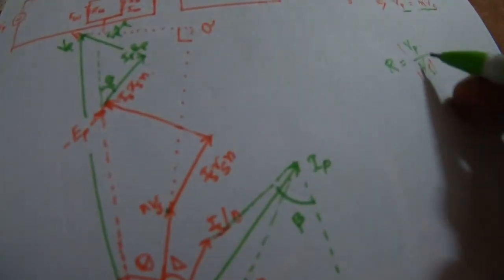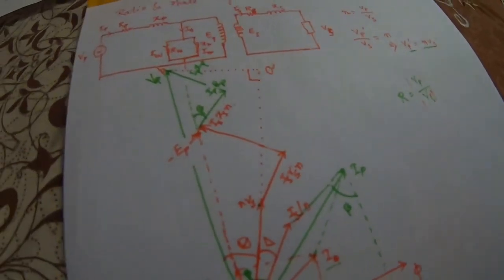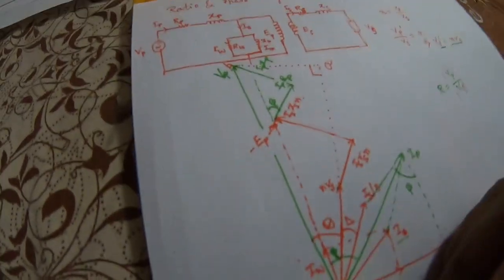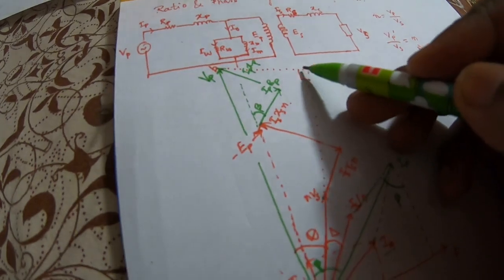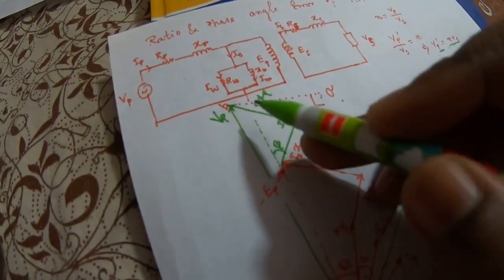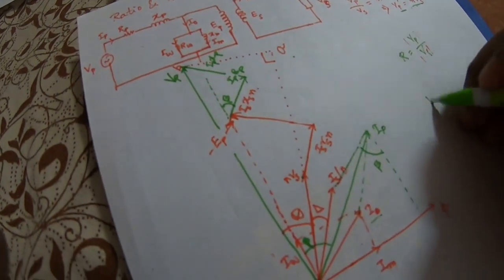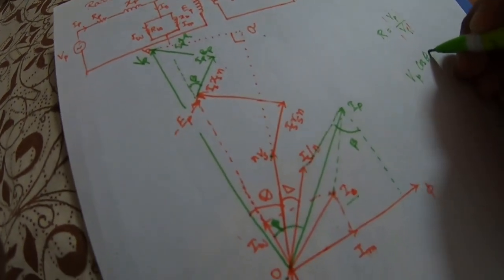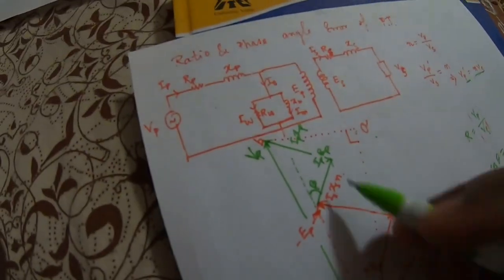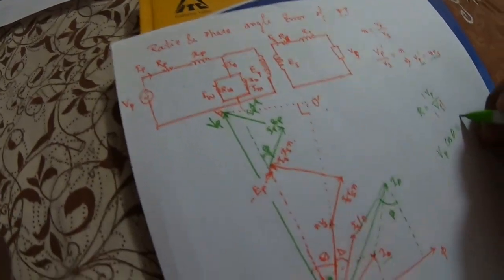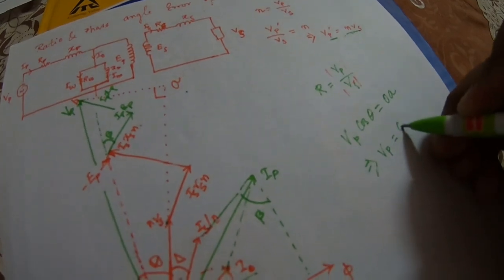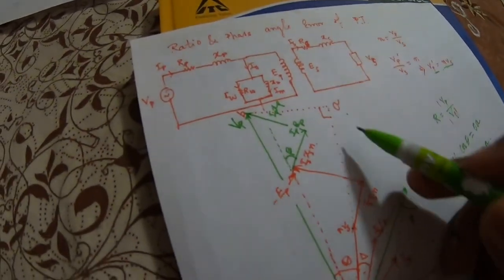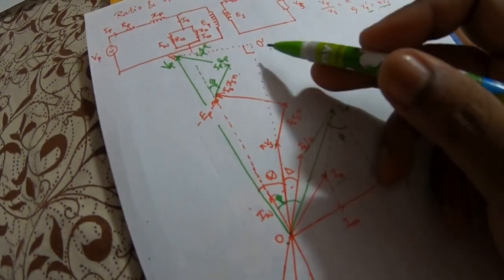So now the objective is Vp by Vs. We have to find out Vp by Vs. Here we are taking a triangle, triangle OAB, and we are intentionally making this angle 90 degrees. This is angle theta, so we may write Vp cos theta equals what? This should be your OA. Now if the value of theta is very small, you can write Vp is equal to OA.